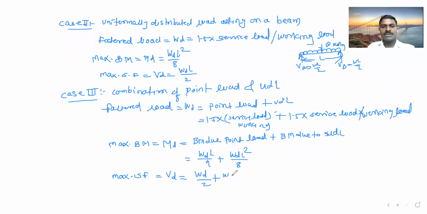WD by 2 plus WDL by 2. म्हणजे वरच्या दोन्हीचं कॉम्बिनेशन केलं, फक्त सेम वरचे फॉर्म्युले आहेत. केस 1 आणि केस 2 मध्ये जे वापरलेले फॉर्म्युले ते सेम फॉर्म्युले आपण इथं वापरले, फक्त सेपरेट ऍडिशन केली. सो सच केस विल बी देअर, कंडिशन विल बी देअर इन दी एक्झाम्पल. So this is the step number 1. So out of 3 cases, only one case will be for examination. जर तुम्ही थेरी एक्झामिनेशन सॉल्व करत असाल तर यातली कोणती तरी एकच केस एक्झामला असेल.